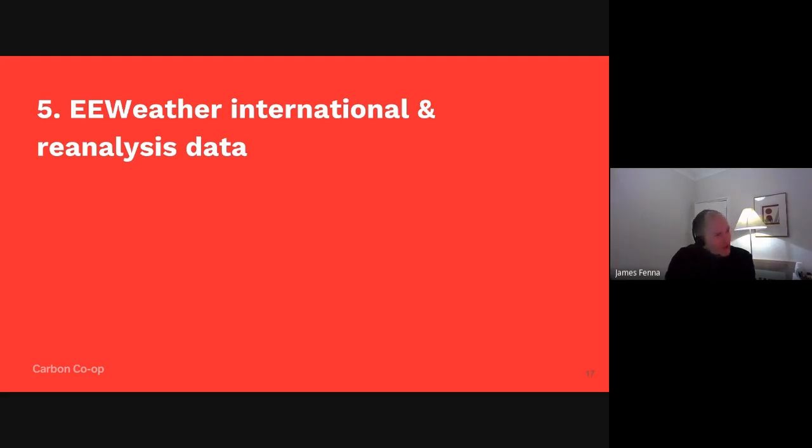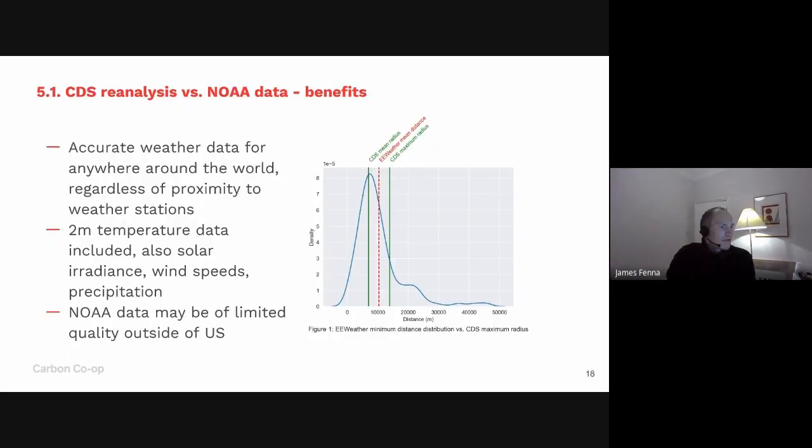Jumping on to EE Weather and the reanalysis data that I alluded to beforehand. We've built in an API call through to the Copernicus program, which will return accurate weather data for anywhere around the world, regardless of where you are. With the NOAA data, all of the weather data is taken from weather stations, typically corresponding to airports. That does have worldwide weather data, but